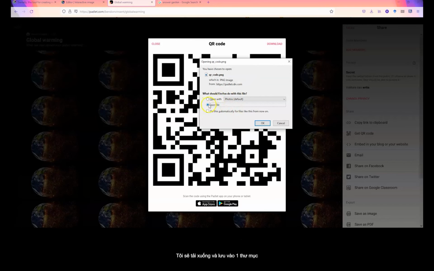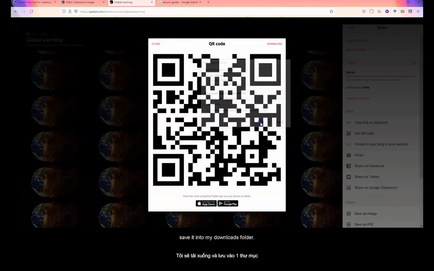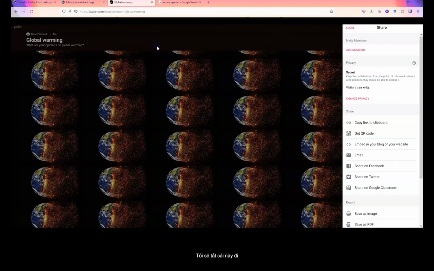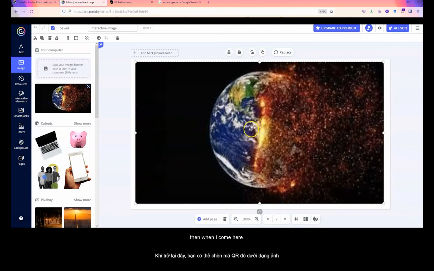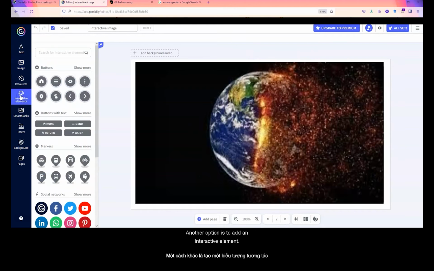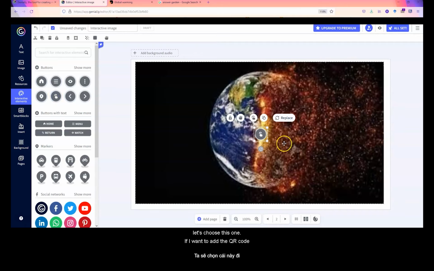So if I do this, save it, it will go into my downloads folder. I can then close this. Then when I come here, I could embed it as an image. Another option is to add an interactive element. And let's choose this one. So if I want to add the QR code, so it pops up